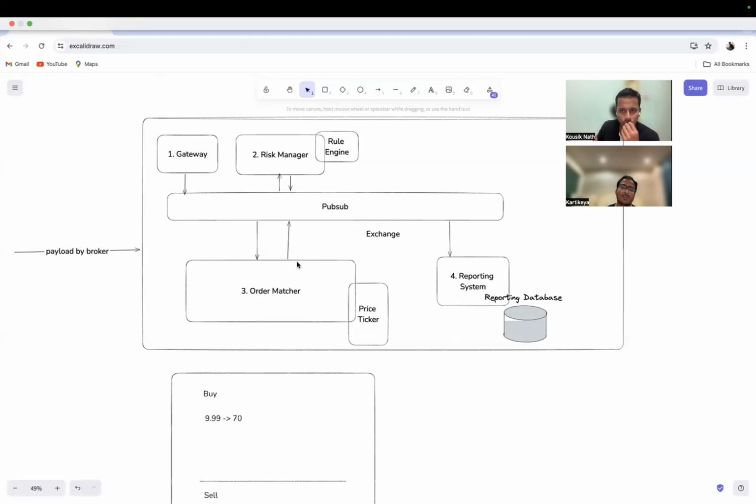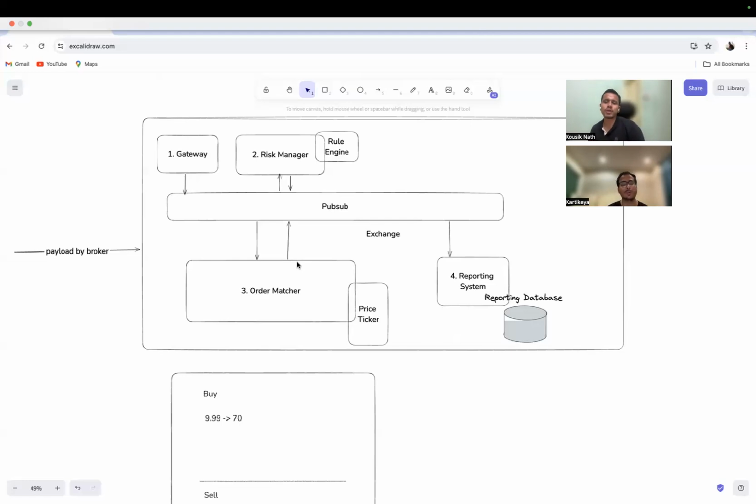The problem is the order ID is being given later. But actually we can give the order ID in the gateway itself. As soon as the order enters the system, we mark it with the order ID. It also has the request ID, and the gateway will be listening to the pub sub. As soon as the order status is marked as matched, the gateway will know that for this particular order ID,